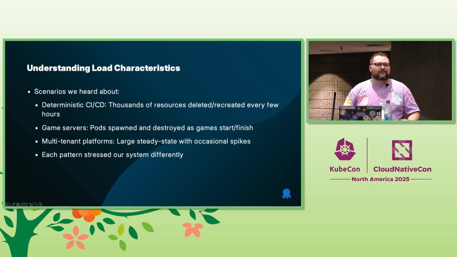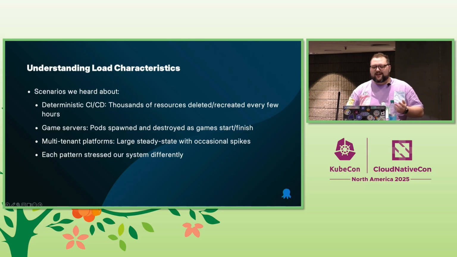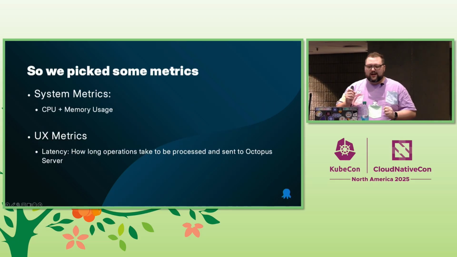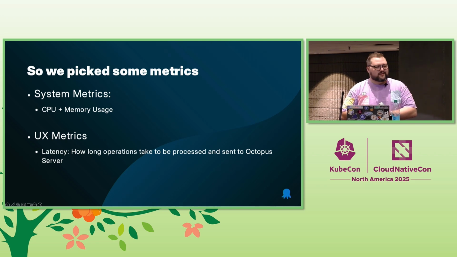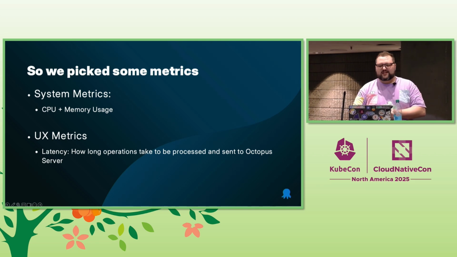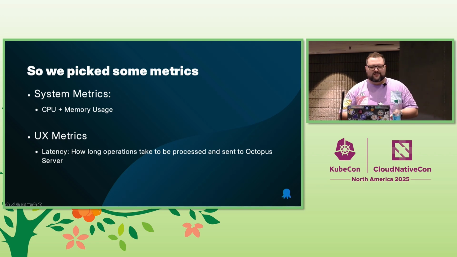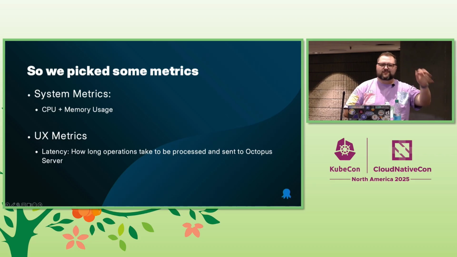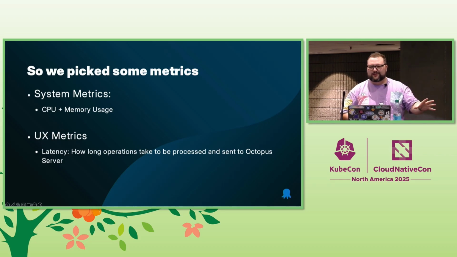That made our life really hard, again. But we wanted to try and validate our software against this. So we did our best. We picked some metrics. First, CPU and memory, obviously. We want to be able to give customers the resource expectations. We don't want to be the guys at the back that just throw CPU and memory metrics at a wall.